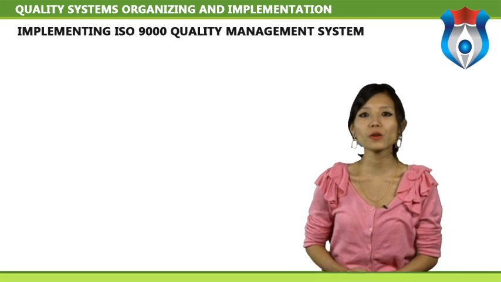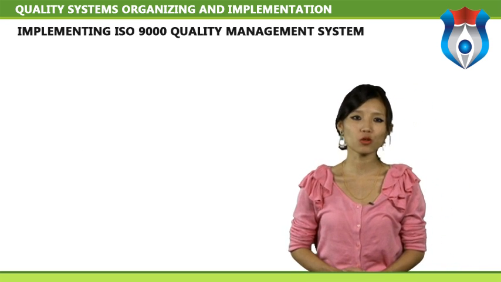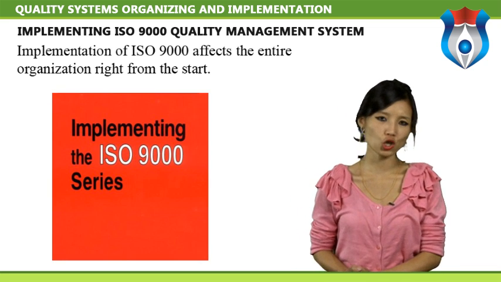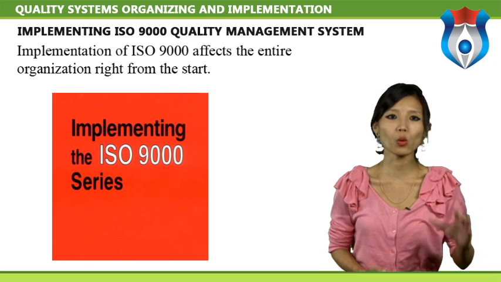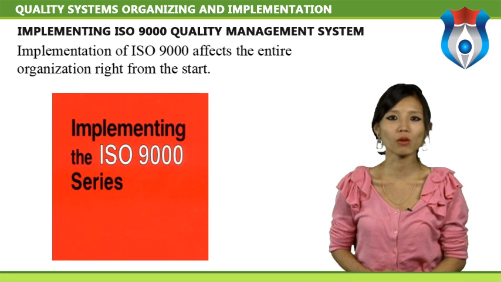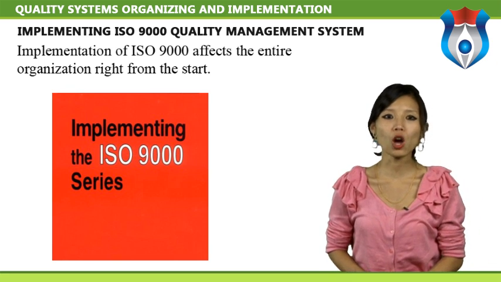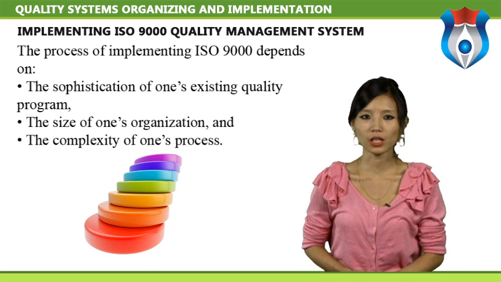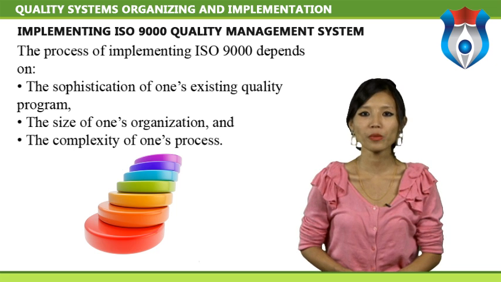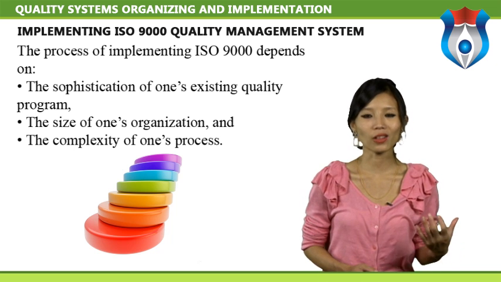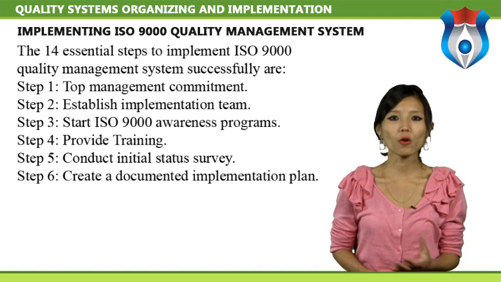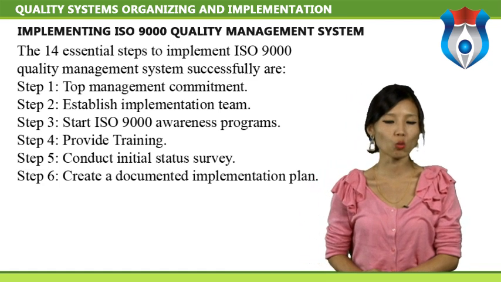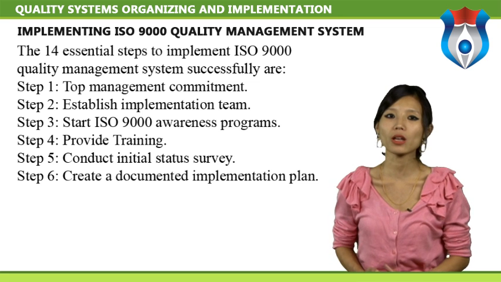Let us now discuss how to implement ISO 9000 quality management system. Implementation of ISO 9000 affects the entire organization right from the start. If pursued with total dedication, it results in cultural transition to an atmosphere of continuous improvement. The process of implementing ISO 9000 depends on the sophistication of one's existing quality program, the size of one's organization and the complexity of one's process. The 14 essential steps to be followed in order to implement ISO 9000 quality management system successfully are: